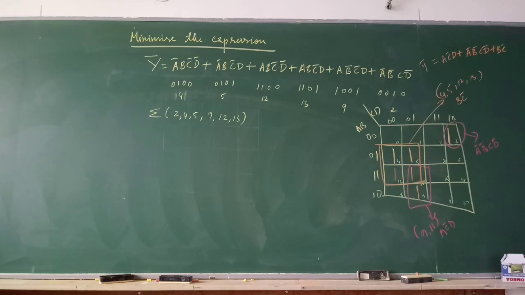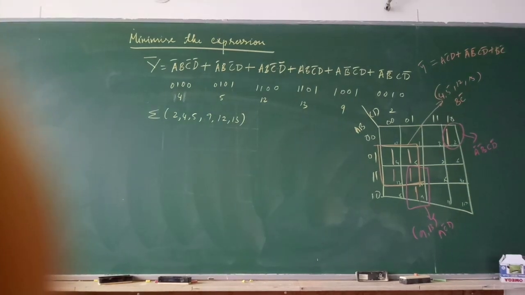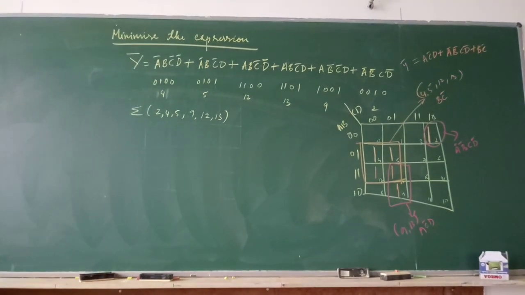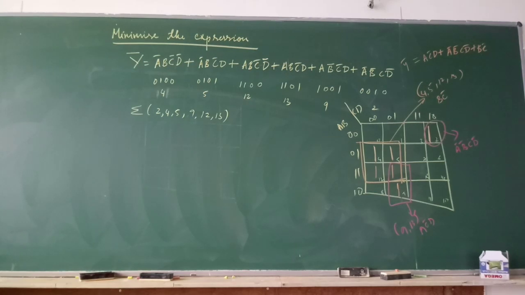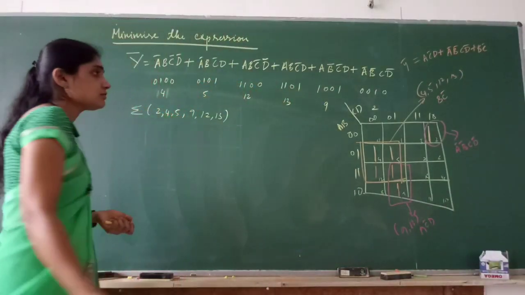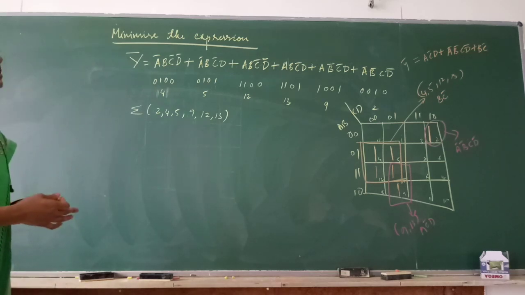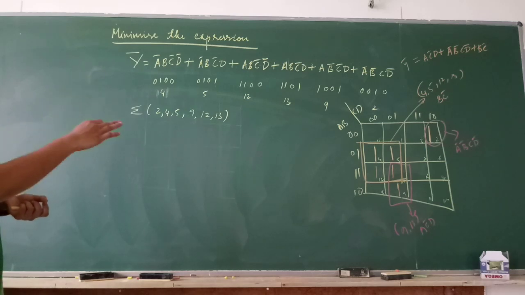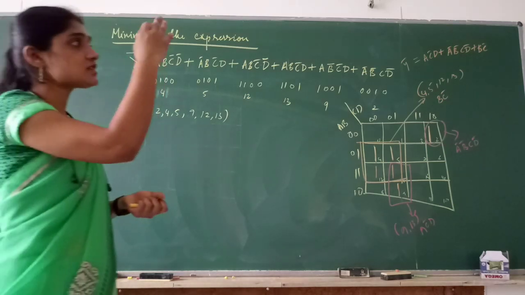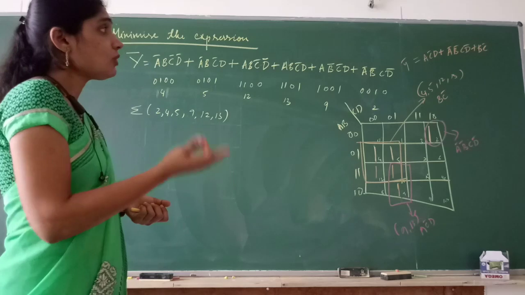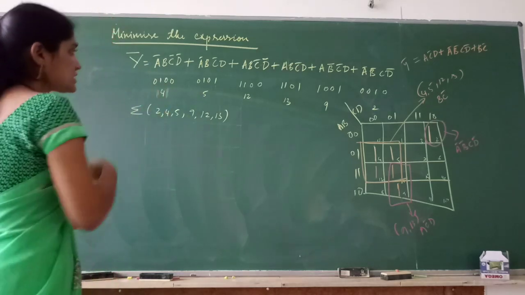Can you see the equation I have written? A C bar D plus A bar B bar C D bar plus B C bar. So this is the equation we have got. What is the time we have taken to simplify the equation? Maximum 2-3 minutes, right? And we could get the simplified equation correctly. When the groupings are right and we have not made any mistake, we know that this is a simplified equation. Now let us try to solve the same using Boolean algebraic properties.